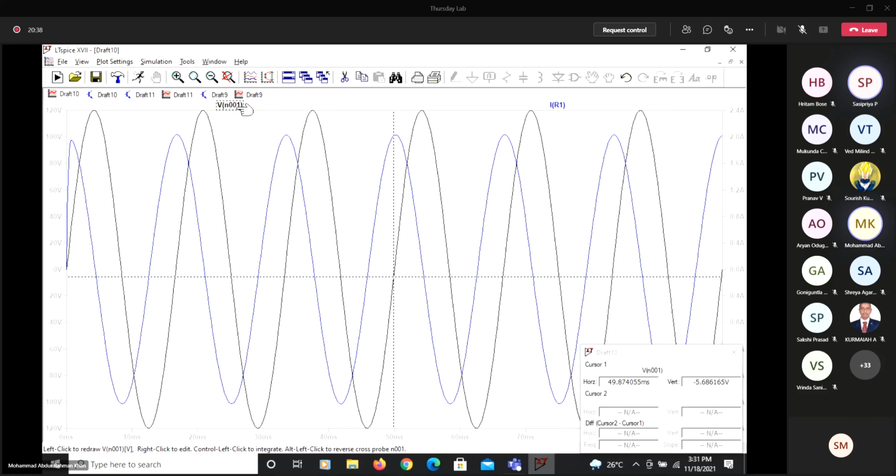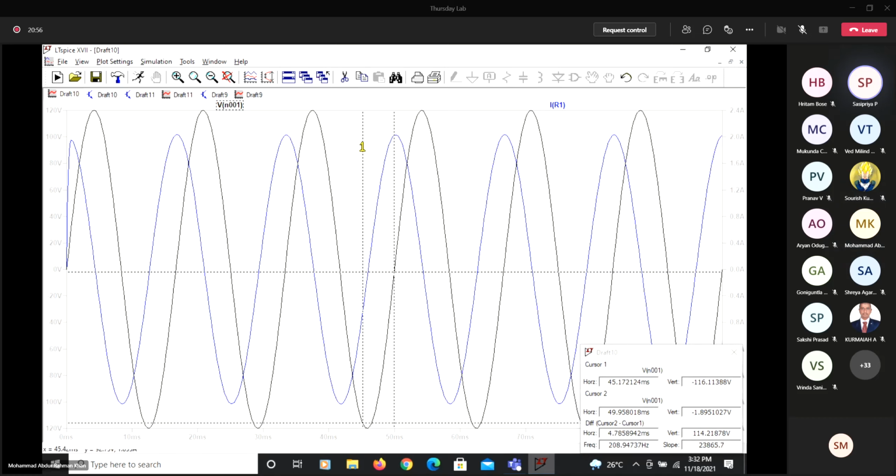Zero crossing point. I think you have to go above, below 0. Now you do that for the current blue color wave. They're already 0, miss. Zero crossing point. You have to move left, no? Cursor 1 should be moving left, right. Somewhere here it's coming. Zero crossing point. After 0, it should go towards the positive direction. That's zero crossing, because your voltage zero crossing point is from 0, it goes towards the positive direction.